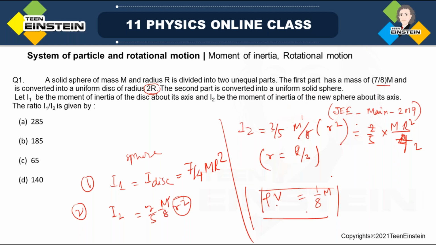Here m prime also has to be changed. That has to be 1 by 8. Okay, 1 by 8. Then what we get? M R square by 40. Okay, if you look here, sorry, 80, m R square by 80 we will get. Okay, now if we take the ratio,